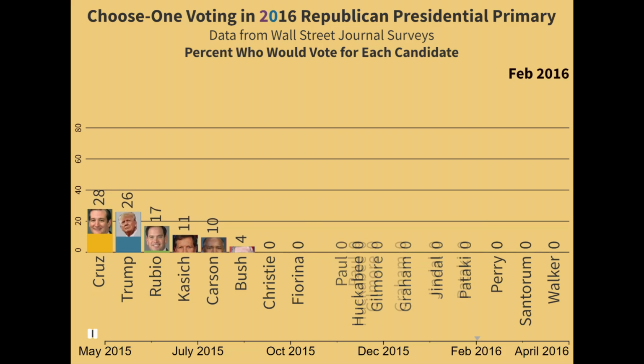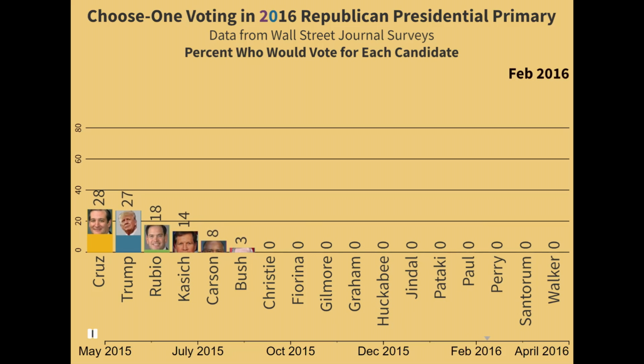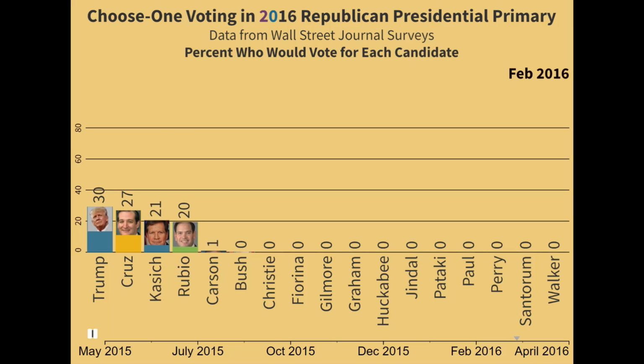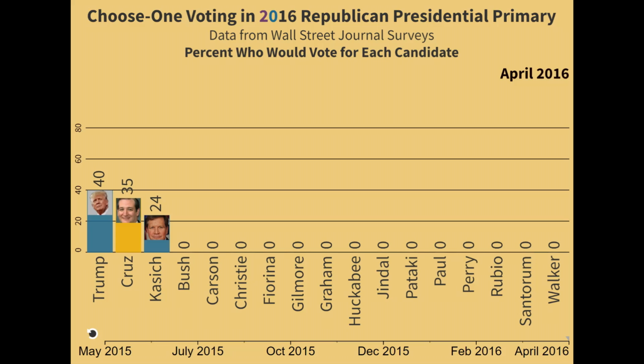By March 2016, former frontrunners Bush and Carson dropped out. Trump kept the lead with 30%. Then in mid-March, former frontrunner Marco Rubio dropped out and left 3 candidates in the race. Trump secured the Republican nomination, even though 60% of the Republicans preferred one of the other candidates. And that's the story of how Trump got the nomination under our current Choose One voting rules.